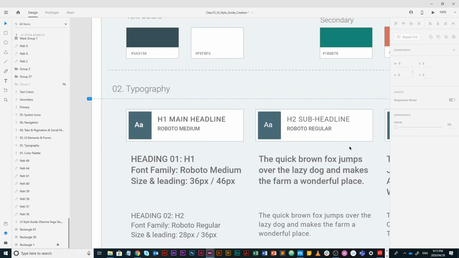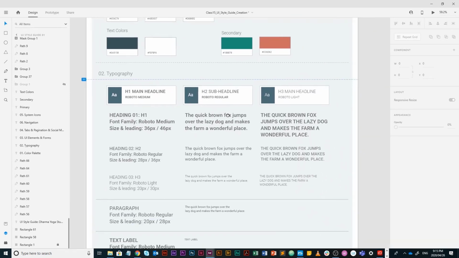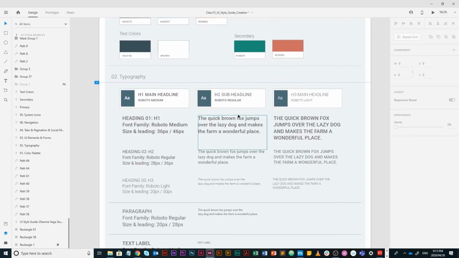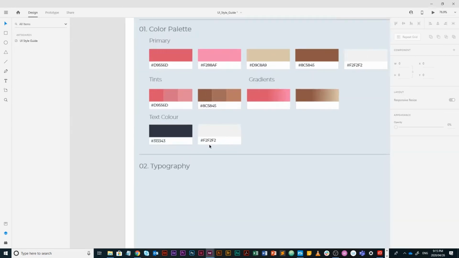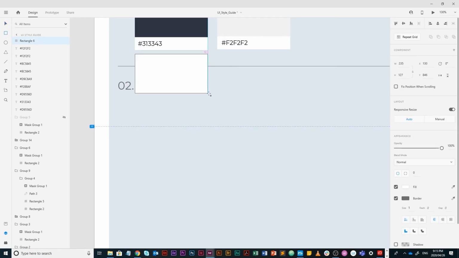All right. Again, you design atoms. You put the atoms together to form molecules, and these molecules then become organisms, and they code organisms. So that is why it's really important for you to understand the nature of atomic design. Okay, so I'm going to make a little block, and then I'm going to start to actually work on my